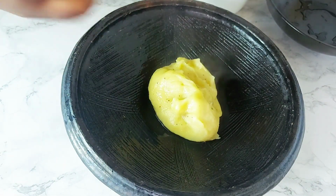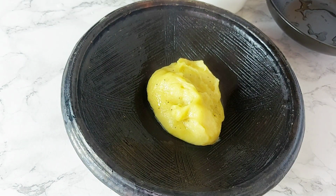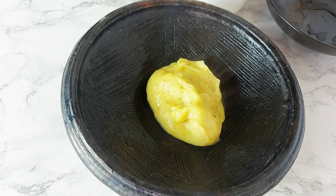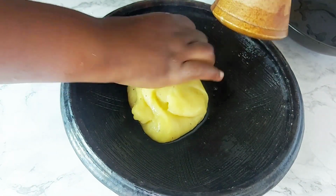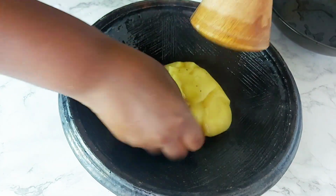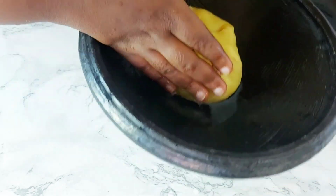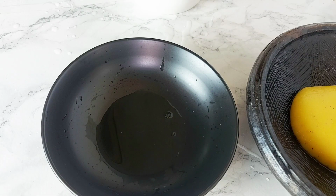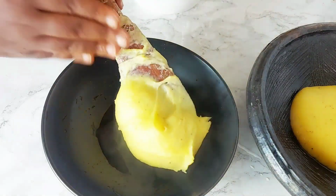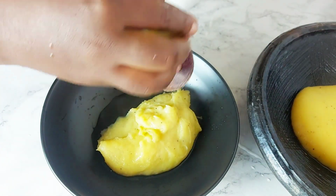And today, for the first part, I am using my asanka or ayiwa to form my fufu. So I've just gotten out my eta and I've made sure that my asanka is really wet so that when I go to flip the fufu, it will slide out nicely. Because if there's no water in your asanka or your bowl, the fufu will get stuck when you go to form it. So just like that, in my bowl as well, I have a little bit of water for my